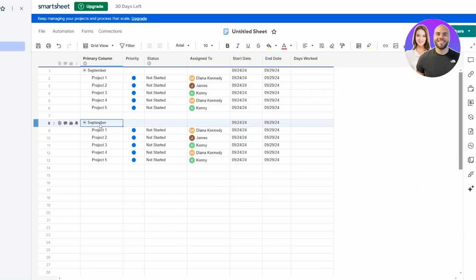So we're going to click over here and now we're going to change this name to October and we'll select the date manually. Smartsheet doesn't know that since we have selected October, we want to change the date to October, right? So we have to manually do that, but we can also change it in another view. So let's go ahead and move on to the next step,